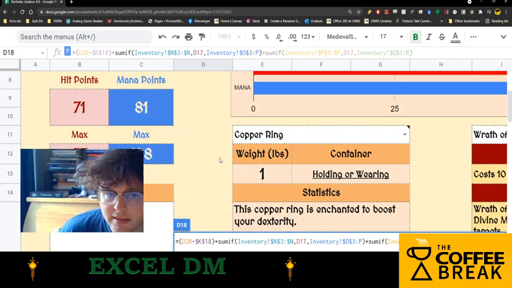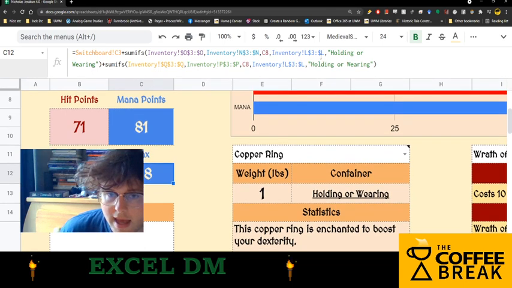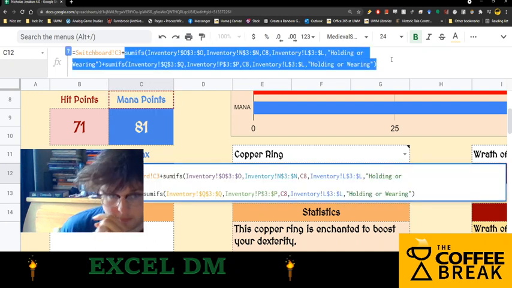So up here I did something similar with max mana, but it's a sum ifs. And these two sum ifs look in O and Q, because there's two effects every item can have, for whether it is in holding or wearing. And that's what I'm just going to steal here